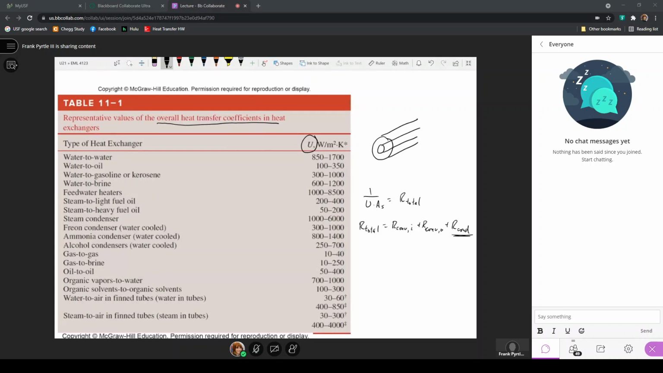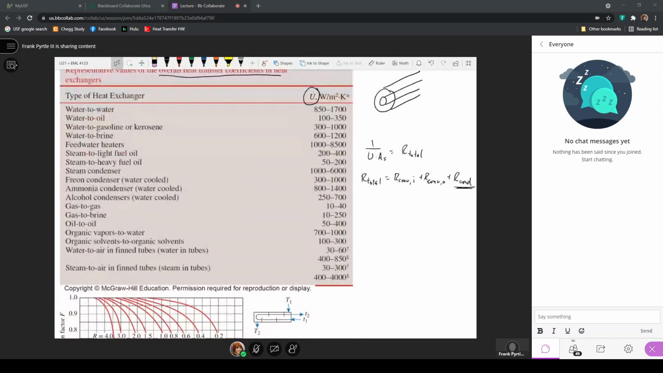So these values presented in table 11.1 are just ranges of values that can apply to all types of heat exchangers that include both of these particular fluids that are used as the hot and cold fluids in those heat exchangers. So notice here that for water to air in finned tubes where the water is in the tubes, these are relatively low values of the heat transfer coefficients when the expressions of the heat transfer coefficients are based on